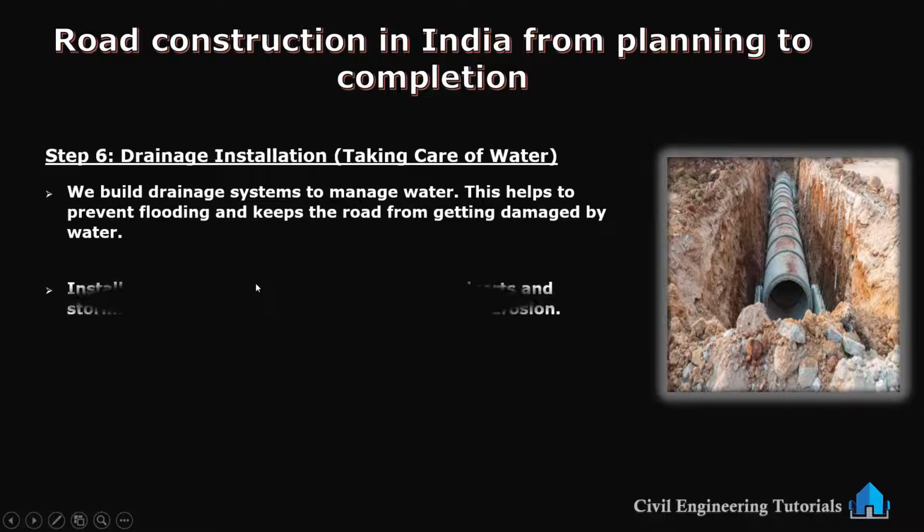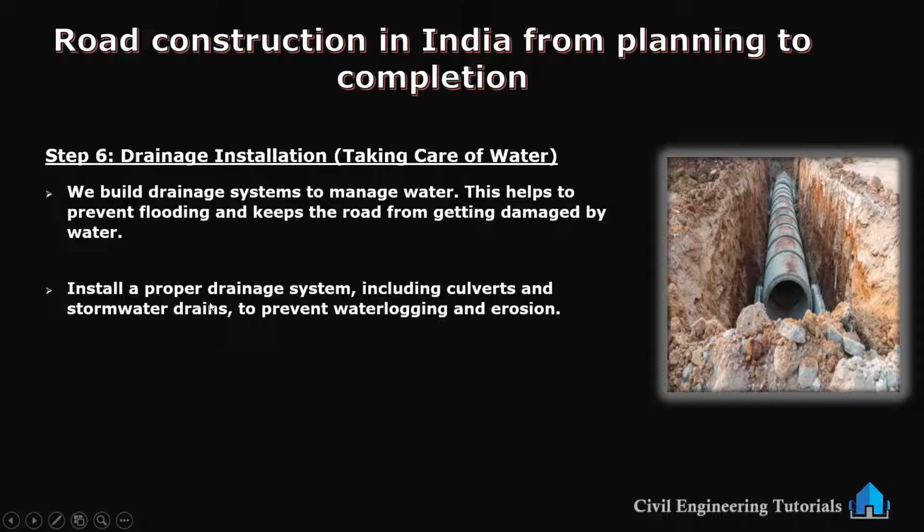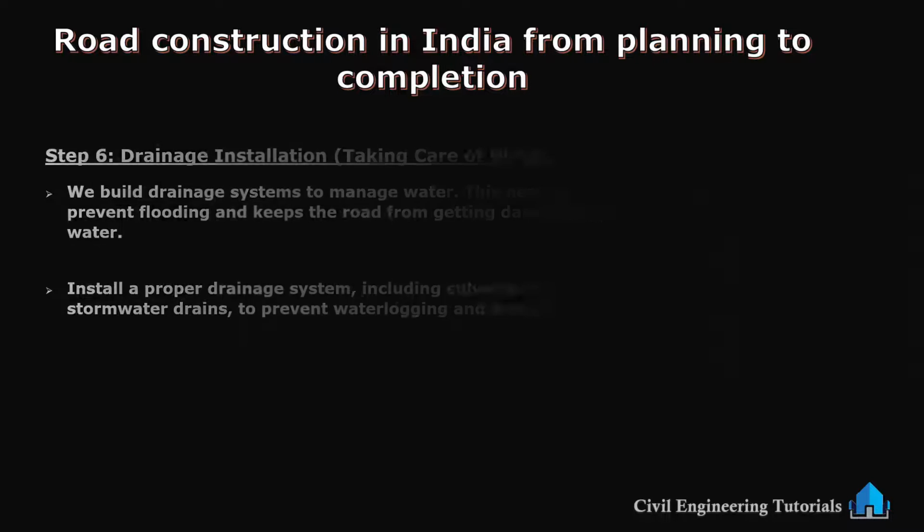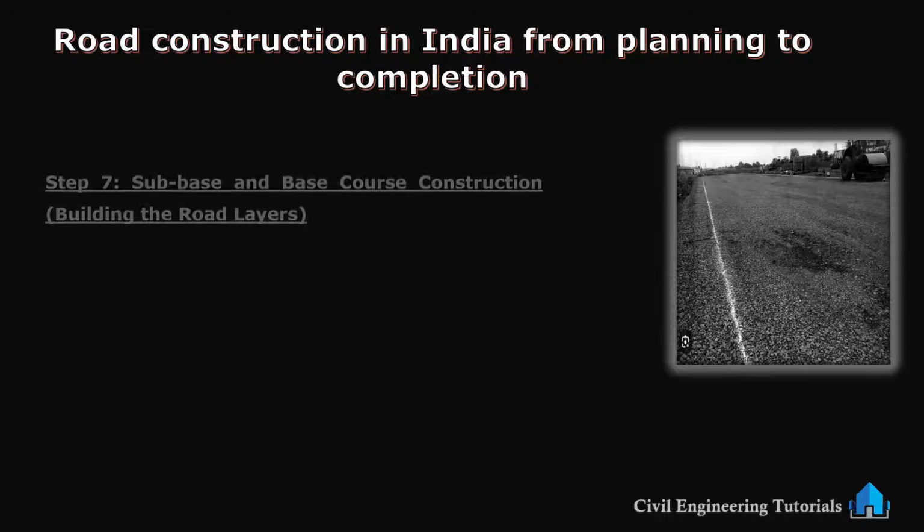Okay. So, install a proper drainage system including culverts and stormwater drains to prevent waterlogging and erosion. This is the step number 6, drainage installation. Now step number 7,